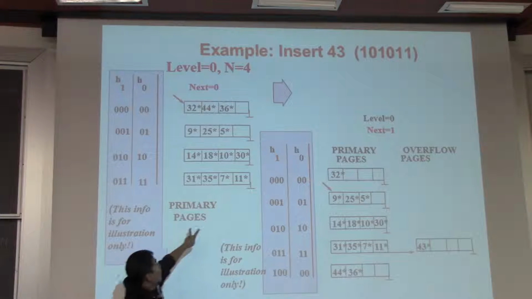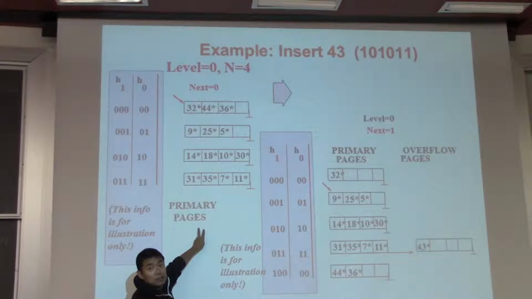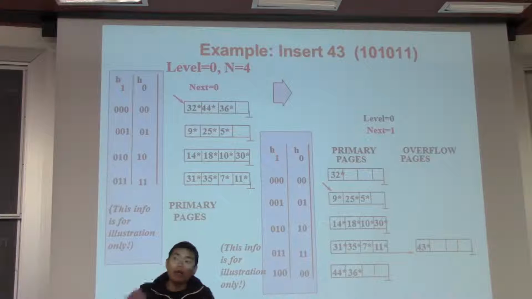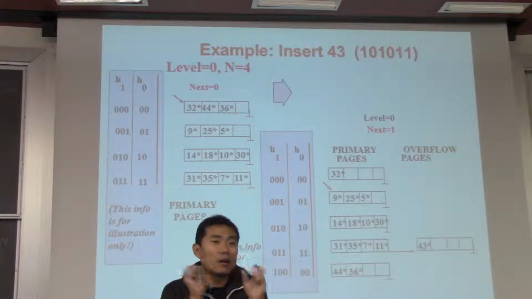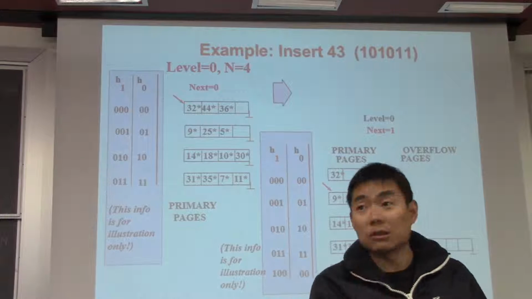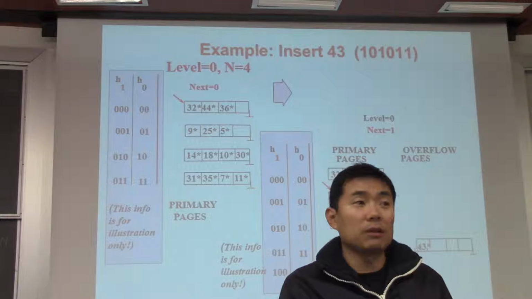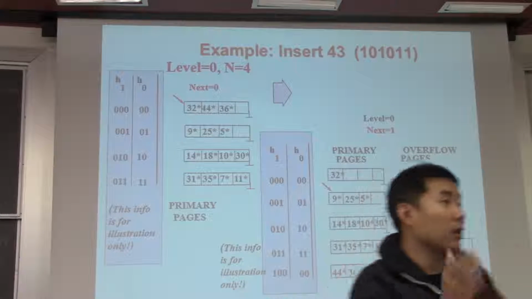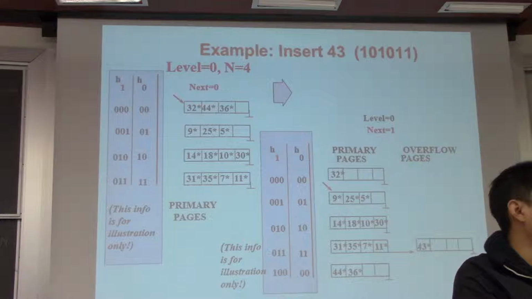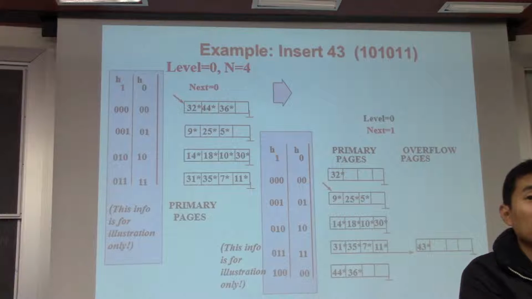Now, so this is my current level. This is the initial state of the index. So I'm at level 0 and I have these values there. By the way, again, these values are not the value of your search key, rather they are the hash value of your search keys, to make the illustration easier to understand. So they show the hash value of your search key, not the search key value itself from those